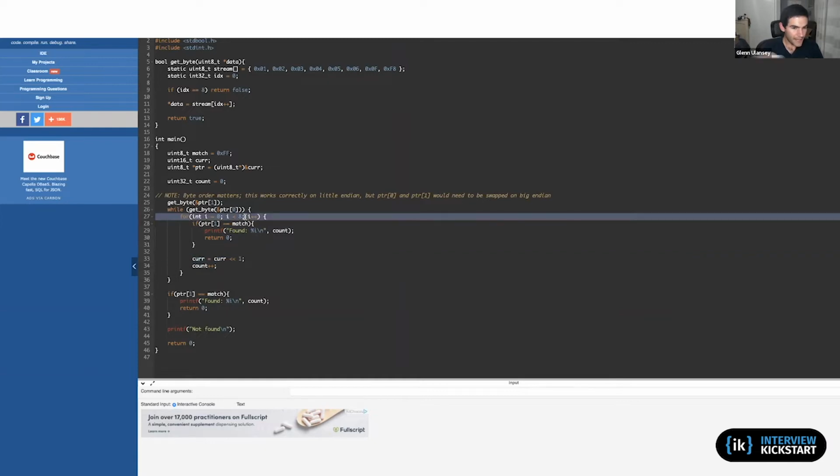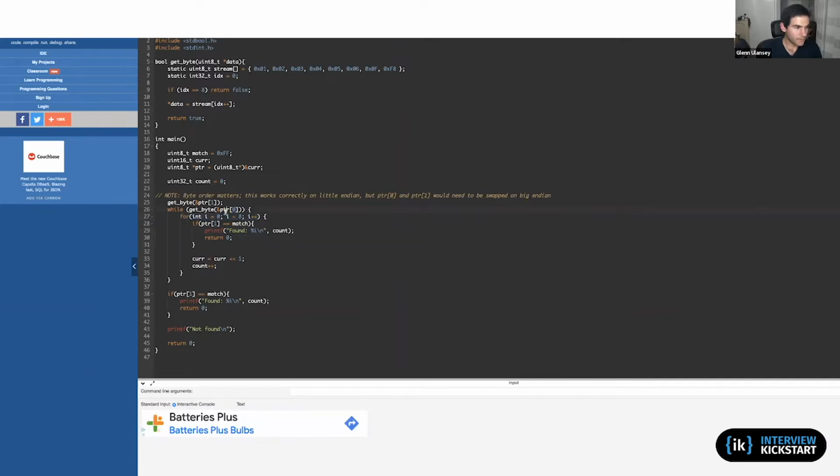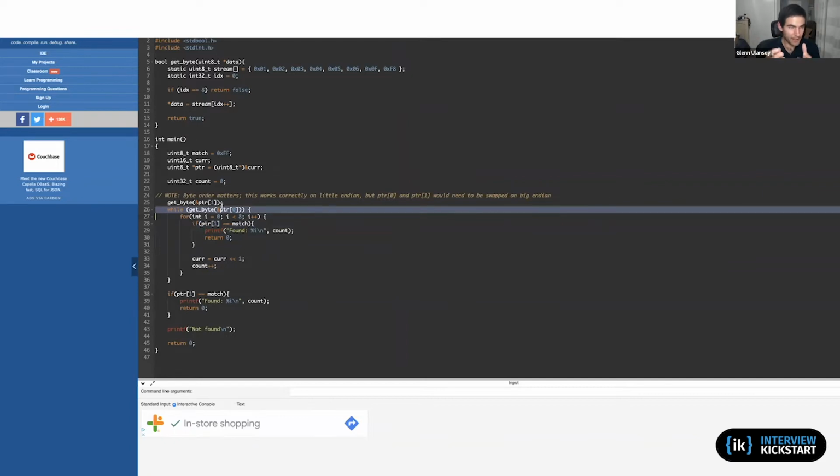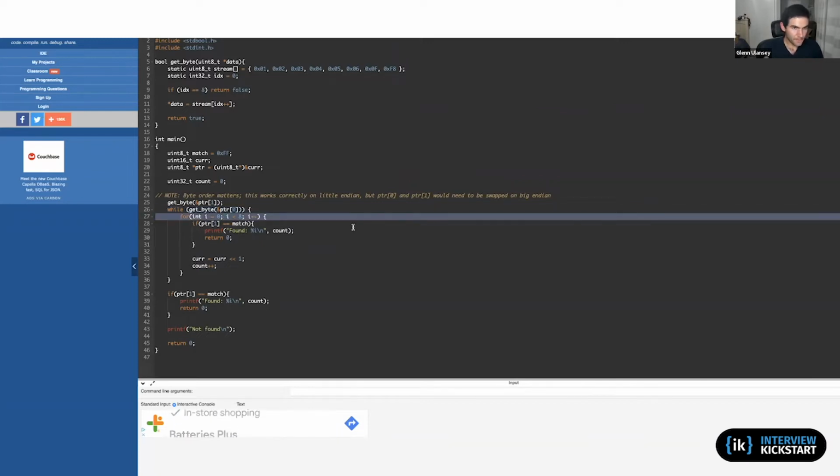And after I've shifted 8 times, I now need to go and acquire another byte again. Hence this loop. So this while loop is saying, after I've exhausted 8 bits worth of data, I now need to fill up another 8 bits. And this one is checking for each bit offset, does this match?